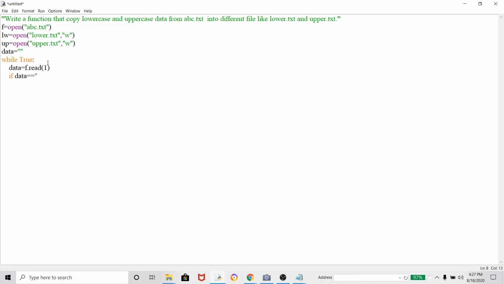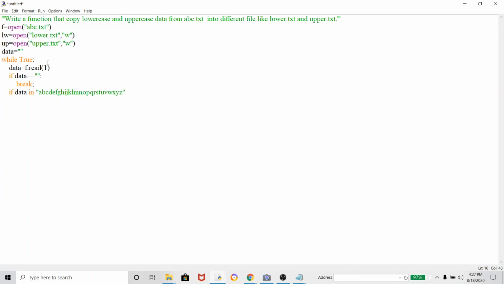If the data is blank, we have to break it, otherwise we have to check if the data is in lowercase. We have to write here a, b, c, d, e, f, g, h, i, j, k, l, m, n, o, p, q, r, s, t, u, v, w, x, y, z.